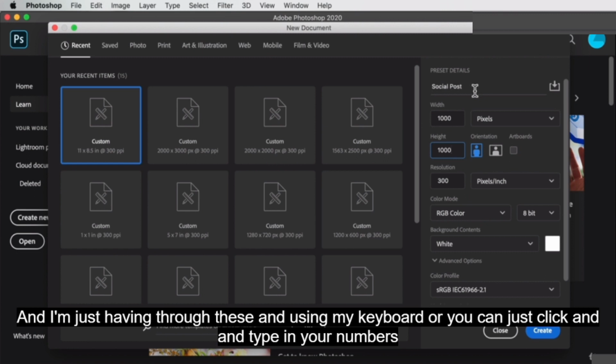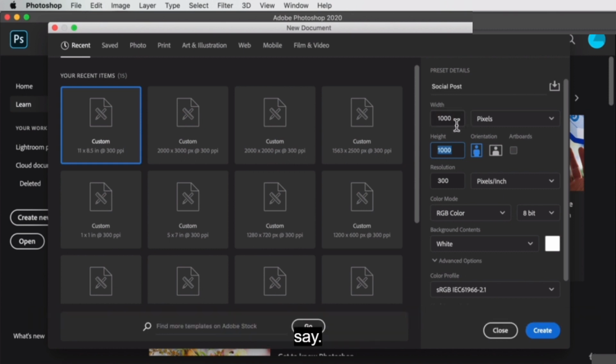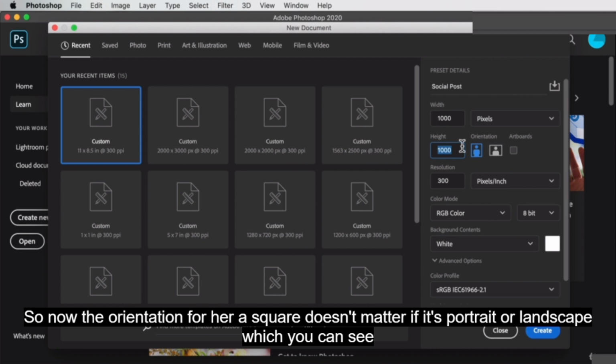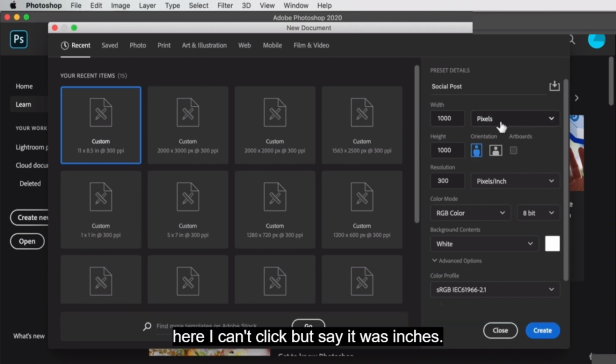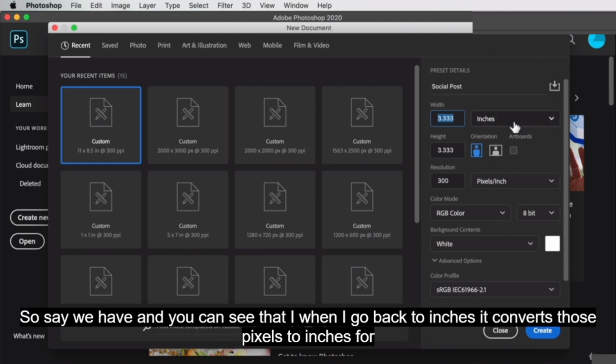And I'm just tabbing through these and using my keyboard, or you can just click and type in your numbers. Now the orientation for a square doesn't matter if it's portrait or landscape, which you can see here. I can't click, but say it was inches. So say we have, and you can see that when I go back to inches, it converts those pixels to